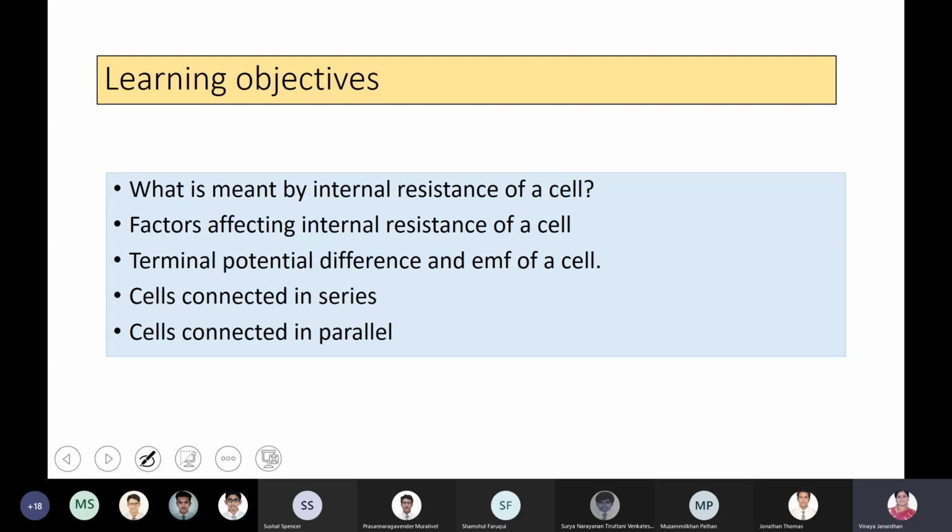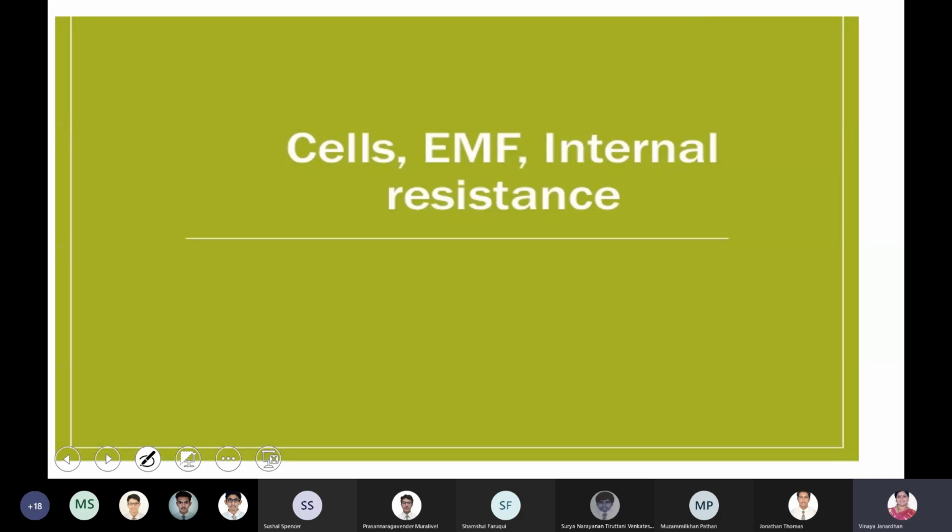I think most of the boys who were doing the experiment in the laboratory have been using a battery. A battery is a combination of cells. How are the cells connected in a battery? Series. So why is series connection preferred? We don't connect the cells in parallel. We are connecting all the cells in series. So what is the reason for connecting the cells in series? We'll understand what happens when cells are connected in series and in parallel. This is totally a new topic. You're dealing with the EMF of a cell, internal resistance of a cell, and terminal potential difference, right, boys?